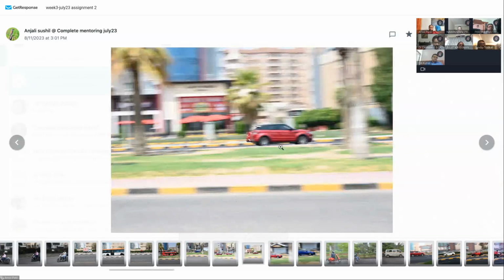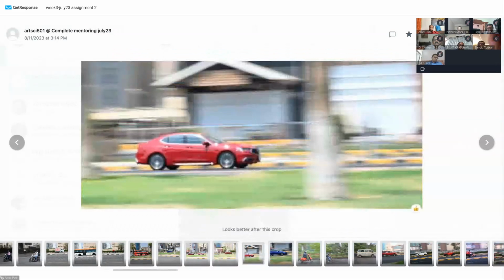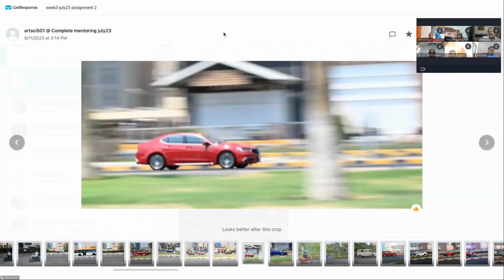Right? This is not good. The vehicle is totally blurred out. This is much better. Moreover, what I like about this picture is the rule of thirds being followed here. The vehicle is on the power point, and there is more space in the direction where the vehicle is moving, and that is precisely